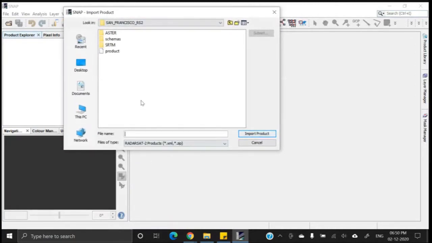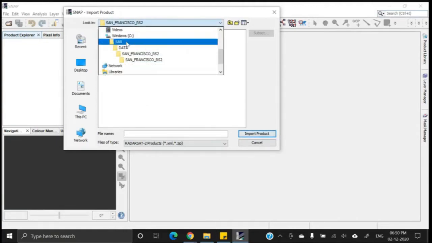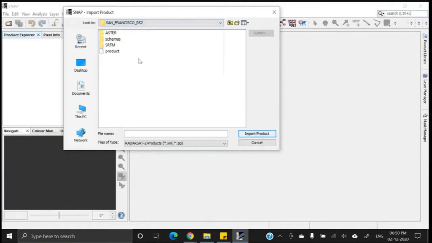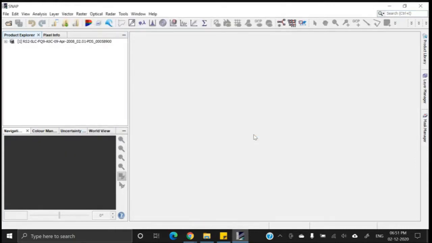Metadata files are stored in XML file format. If you go to your desired folder, you will get a file called product.xml. Just click this product.xml file and click Import Product, and the data set, not a single file, will be opened.